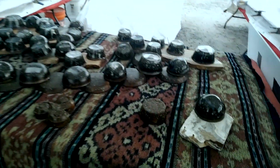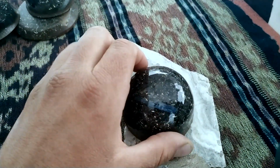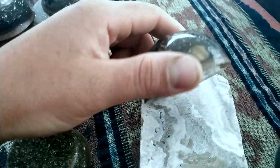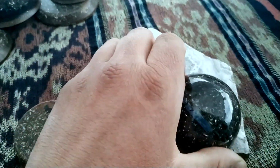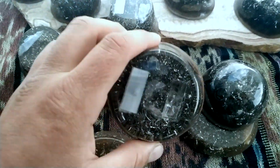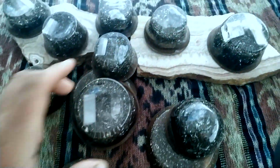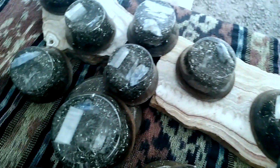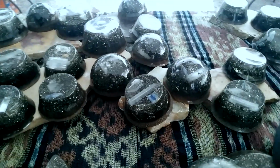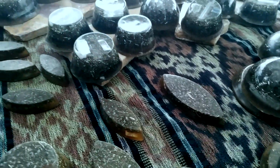Orgone is a word that was coined in the early 1900s by a man named Wilhelm Reich. Wow, that far back, huh? Yeah. His work was a little bit different, but his discoveries and his research led others to take on his work and develop it in different areas. And in particular, modern Orgone devices, which some people refer to as Orgonite, which is actually a copyrighted word owned by a man named Carl Hans Wells. He made the second generation, which is resin and metal particles in combination. And then the third generation, which is what you see here,